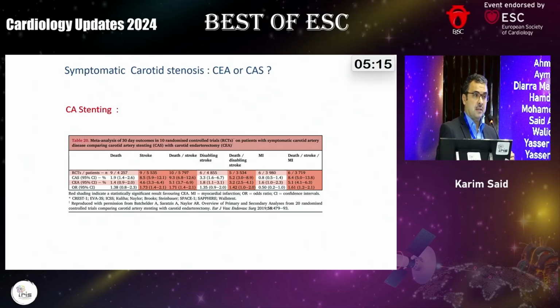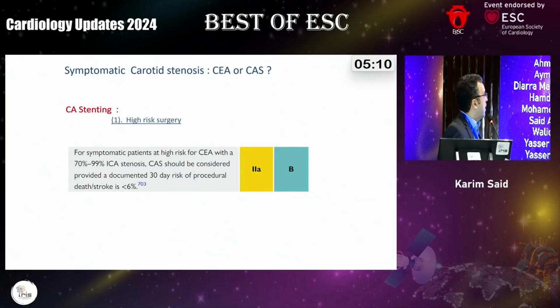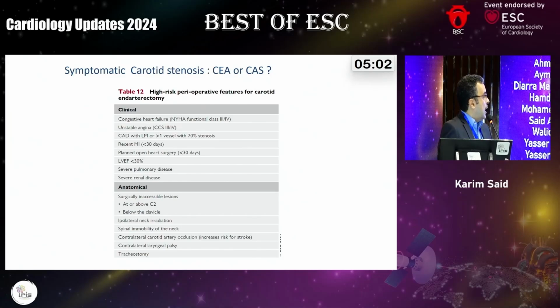If the surgery is at high risk, so we can go for stenting. Otherwise, endarterectomy is a classic option in those patients. So in high-risk surgery patients, we will go for stenting. And when we define patients at a high surgical risk, this is anatomical or clinical, patients with active coronary artery disease or heart failure, patients with advanced kidney disease or liver disease, pulmonary disease can go for stenting, and patients with some obstacle to do satisfactory endarterectomy, such as high up lesions above C2 or behind the clavicle can go